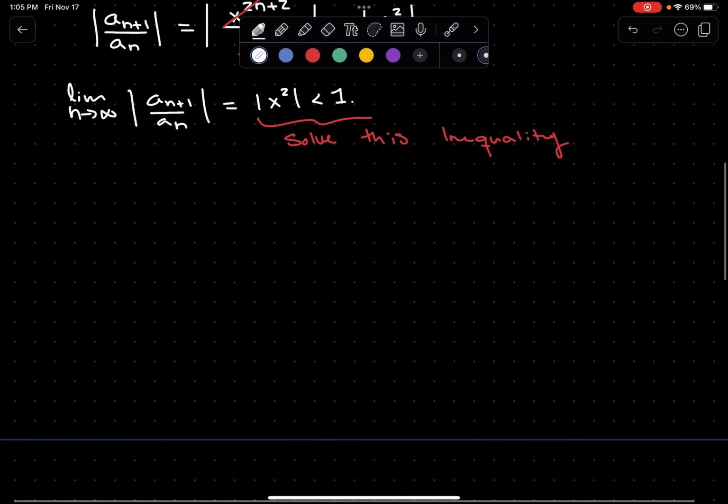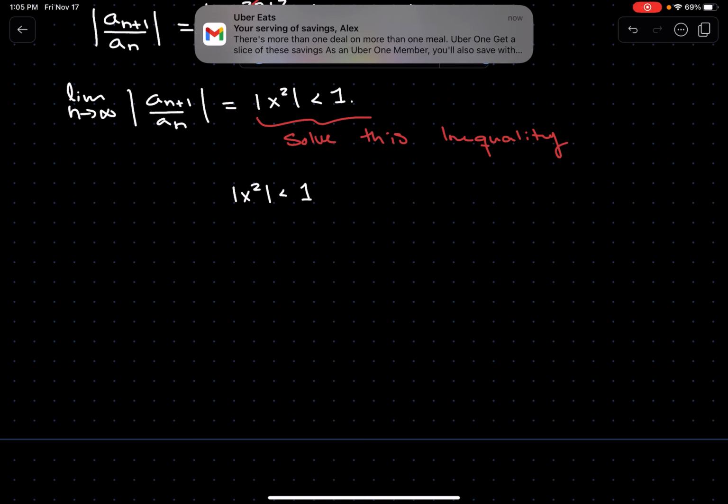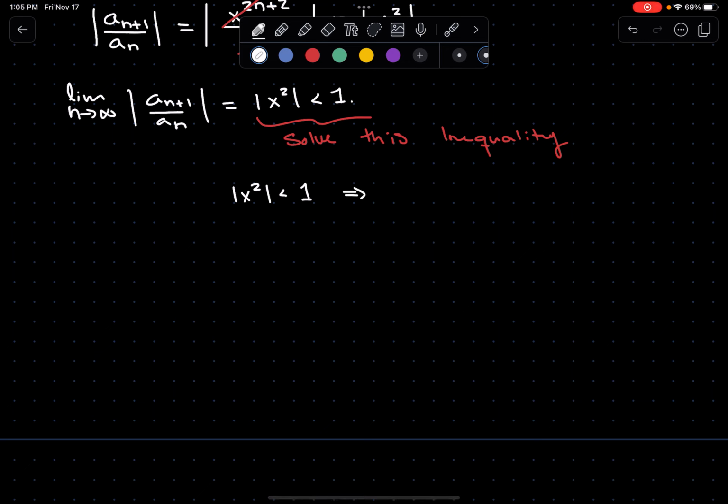Okay, so we want to solve x squared less than 1, right? Well, x squared is always positive, so any number squared is always positive, so I can get rid of the absolute value. And I just want to think what x values when squared are less than 1. Well, that implies that x is in -1 to 1, right? If I graph this parabola,